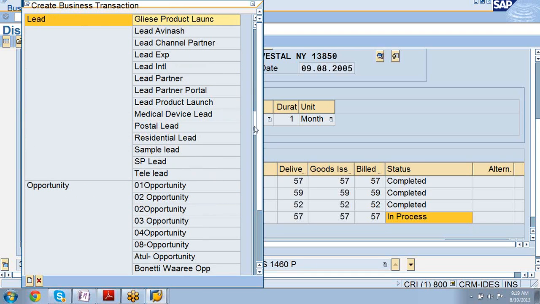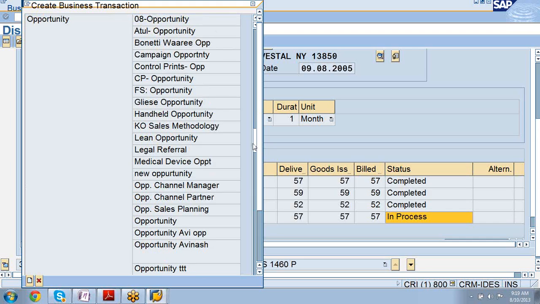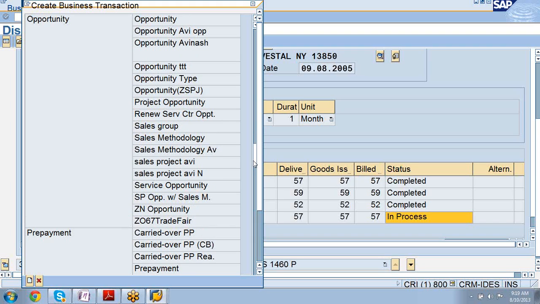Opportunity is given a separate location after the lead. Different kinds of opportunity: campaign opportunity, general opportunity, lean opportunity, sales methodology. There are a lot of opportunities for channel partner, opportunity for channel manager, opportunity for sales planning for the future business. So all these things, like medical device opportunity. So you can have multiple transaction types created for this business. So he says when you get into these opportunities,